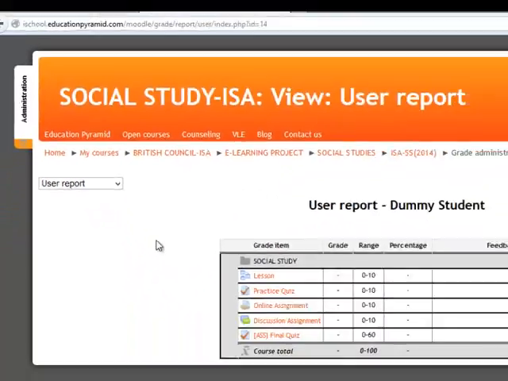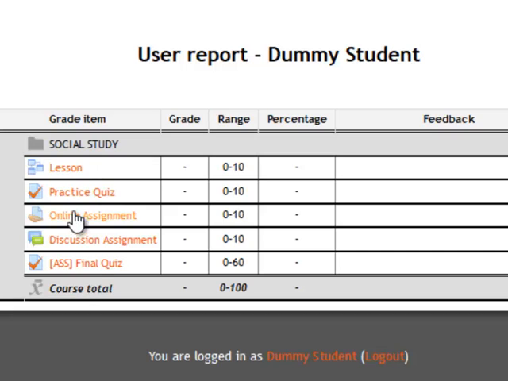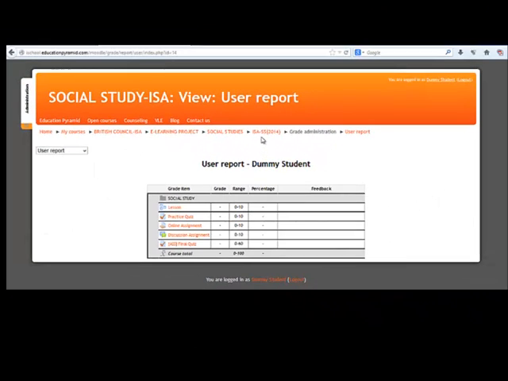Alright, so I click the grade, and here you can see different marks of different learning activities. Like lesson activity, the total marks 10, then practice quiz 10, online assignment 10, discussion assignment 10, final quiz 60 marks, so total 100. So in this way your grade book is compiled. Now we go back to the course page,